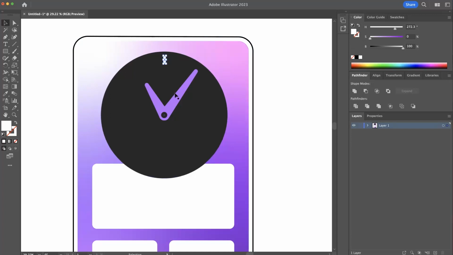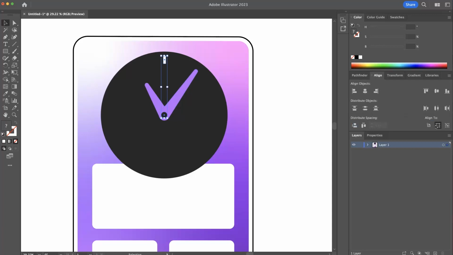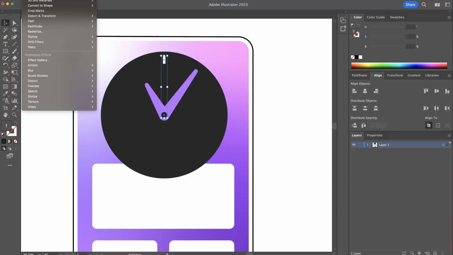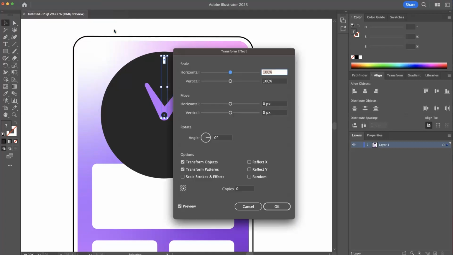Okay, and then I want to make sure that's centered, so I'll select the white box and then the circle, go to Align, and then I want to align it to a key object. So I click this button, and then click the key object, which is that, then hit the line on the center, and boom, it is now centered. Okay, now I will group those together, and again up in the menu, go to Effect, Distort, Transform, Transform, and we've got some different options here,